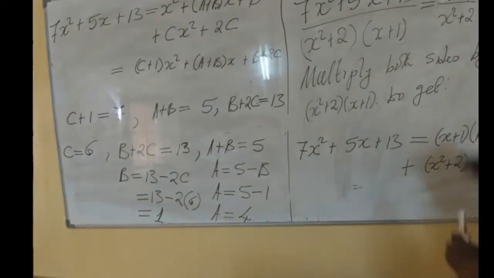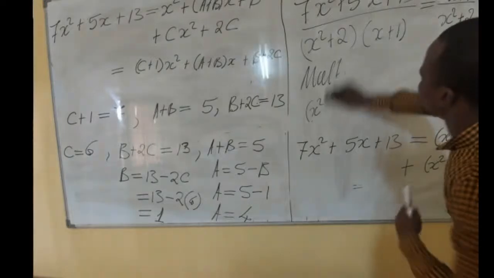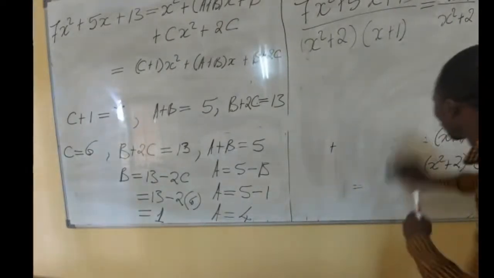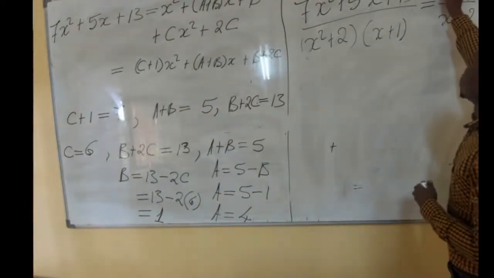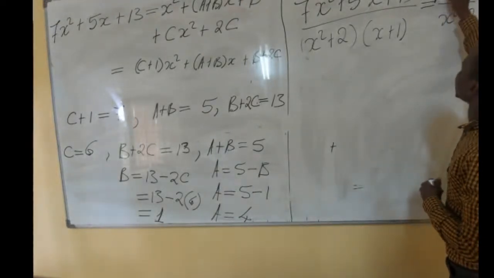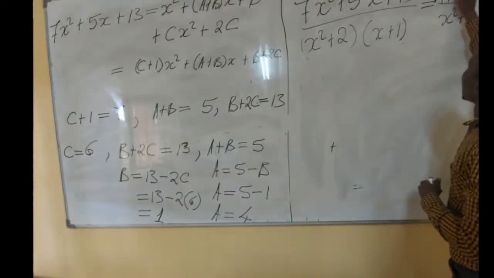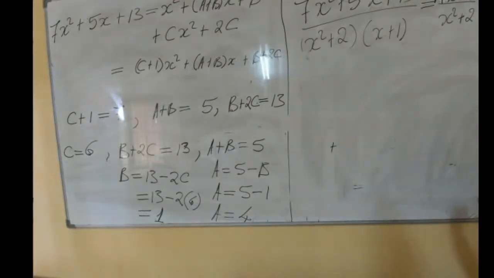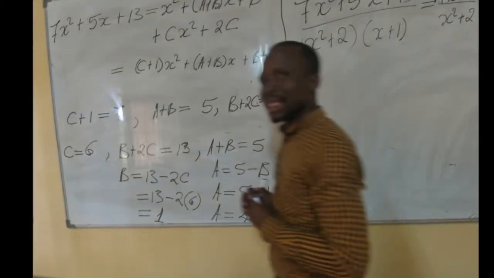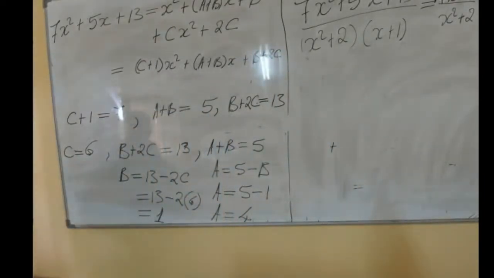So this means our rational function given into partial fraction, we are going to get the expression in the form: our a is 4, x plus our b is 1, plus our c, which is equal to 6. So we have expressed this rational function,